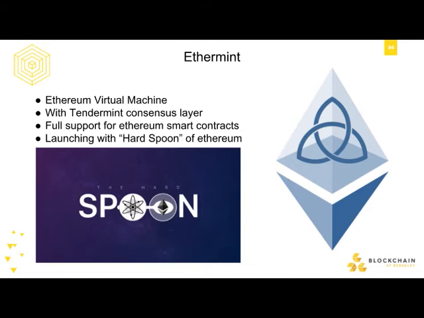thousands of transactions per second, and an even faster block time than Ethereum has. So it's pretty much like Ethereum, but using the Tendermint consensus. Right, that's exactly what it is. It's Ethereum, but instead of proof of work or Casper, it's Tendermint. But then with the hard spoon, they're going to take the state of Ethereum when they launch and copy it into it, so that if you have Ethereum or any tokens, you also have them on this thing, just to bootstrap the network.